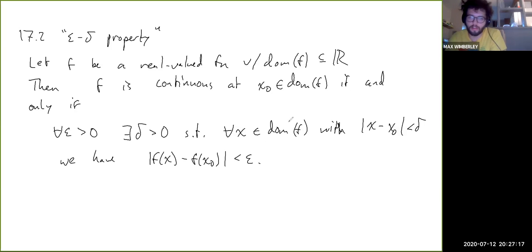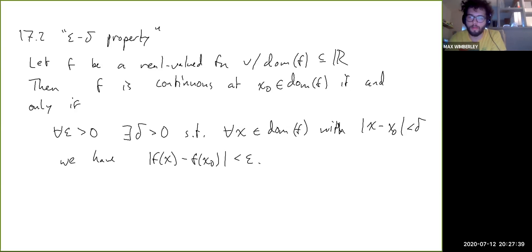And again, those are the only values of x we're concerned about, because obviously you can't say anything about values of f at points that are not in the domain of f, because it has no values at points not in its own domain by definition, right? So you just have to impose this requirement on x that are in the domain of f within distance delta